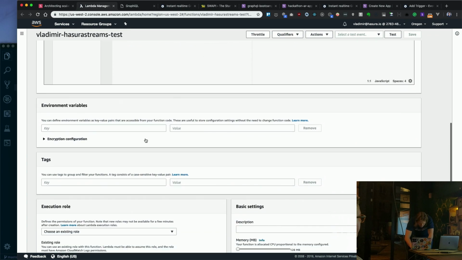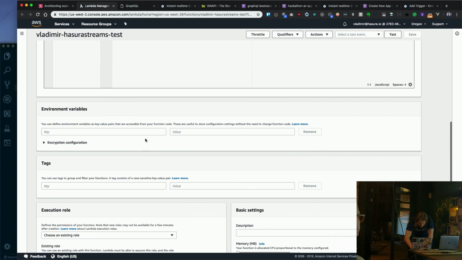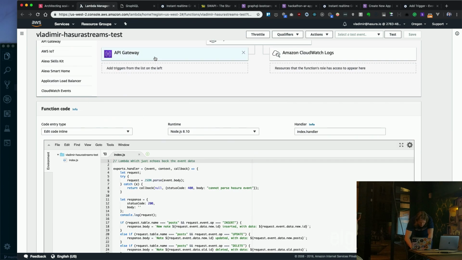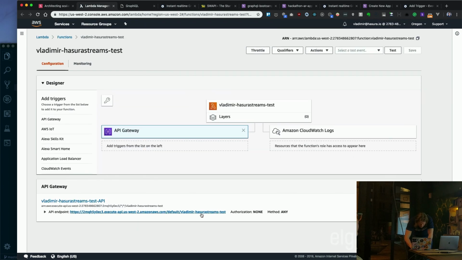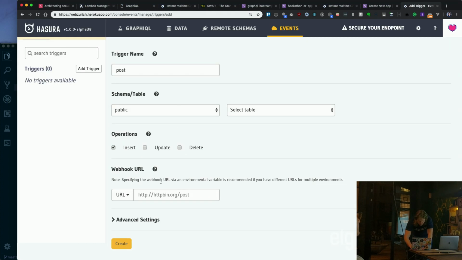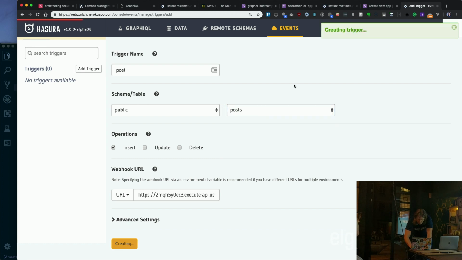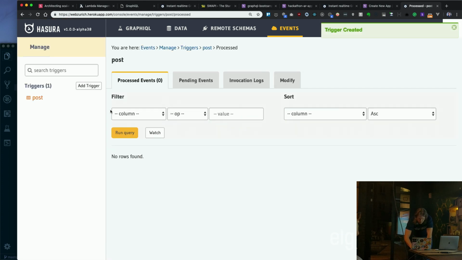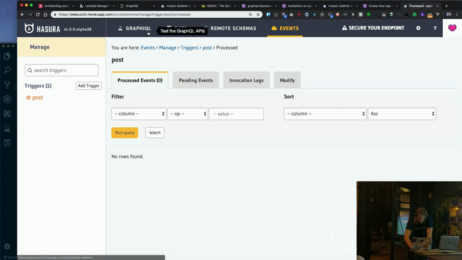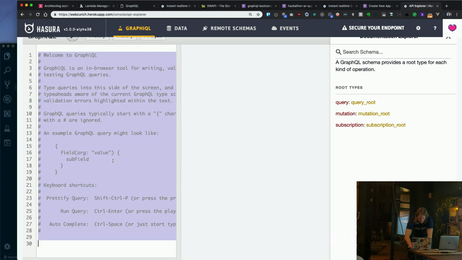I will get the URL of this Lambda function, get this API endpoint, go to my URL here, and create a trigger on my post table.